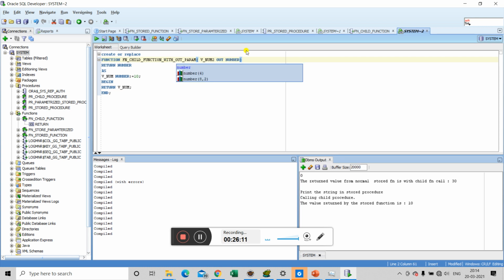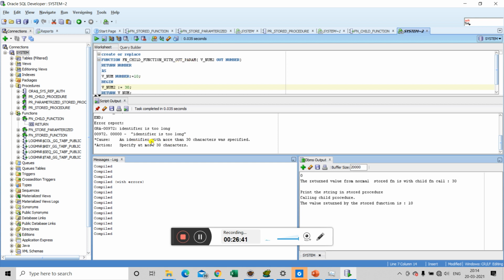By adding this section, we are defining that this particular function will be returning a value vnum and also an out parameter called vnum2. To return a value, we need to initialize it with some value. Let's say it will be returning 30. Now let's try to compile it.